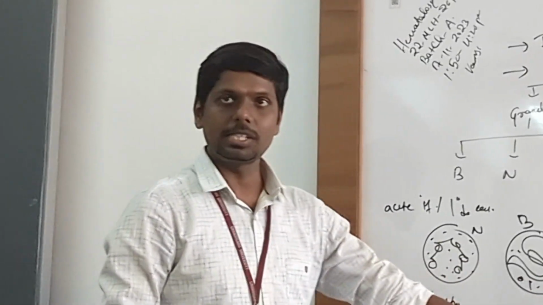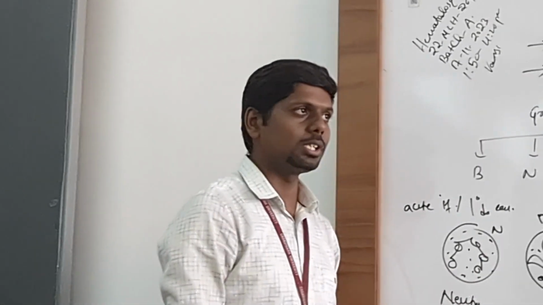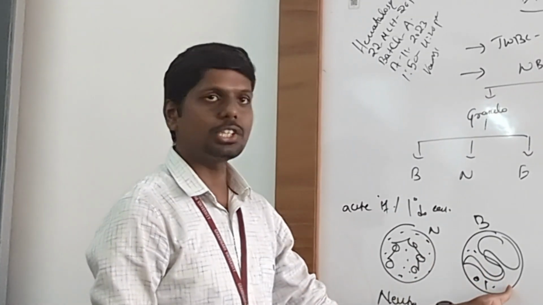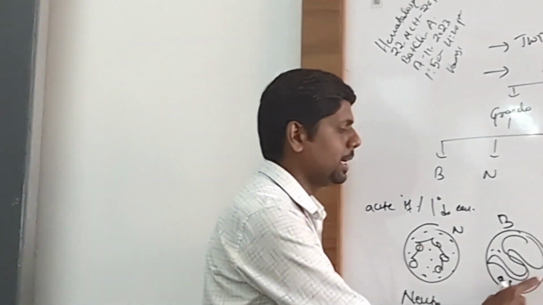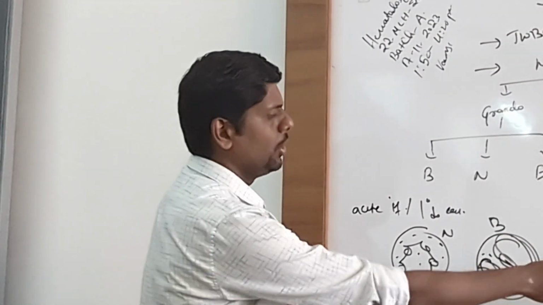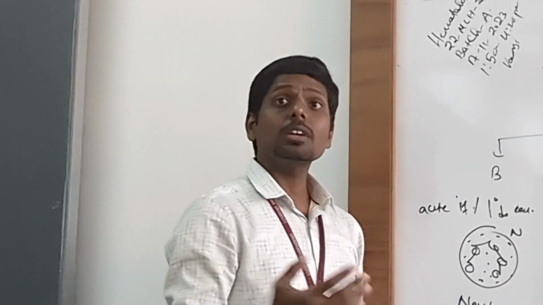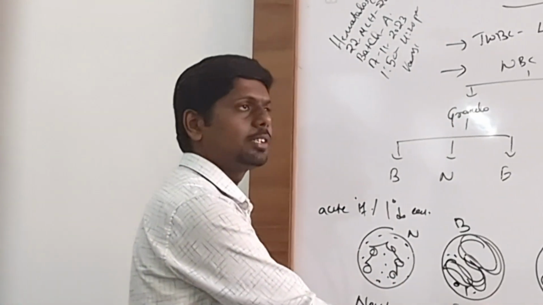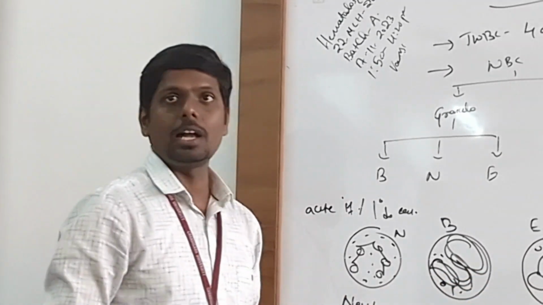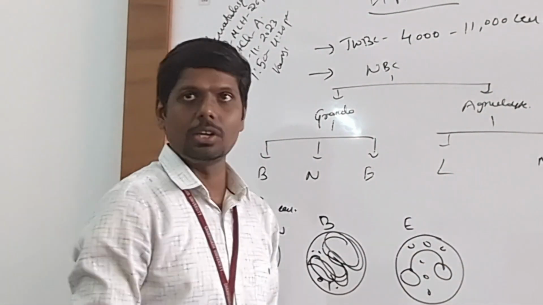Clear, right? Percentage is 2 to 4 for eosinophil, 0 to 1 for basophil, 60 to 70 for neutrophil. Bilobe, multi-lobe, sigmoid shape. And even this one sometimes looks like a bilobe, so how will you differentiate basophil from eosinophil? By granules. Basophil granules will be blue in color, whereas eosinophil granules will be pink, or brick red. Very good. Then coming to the agranulocytes.